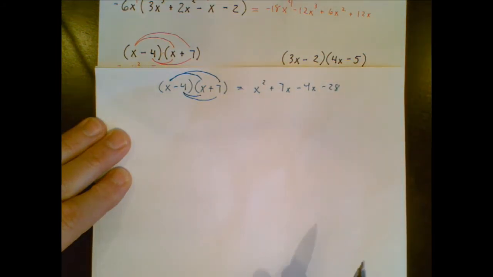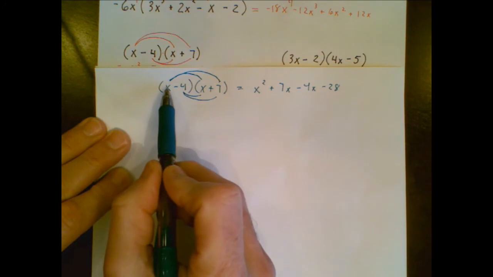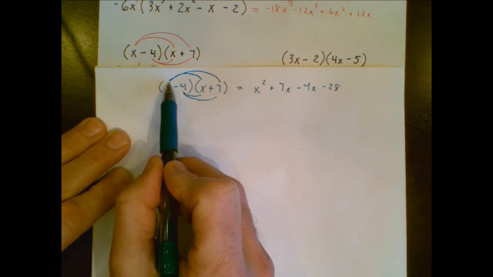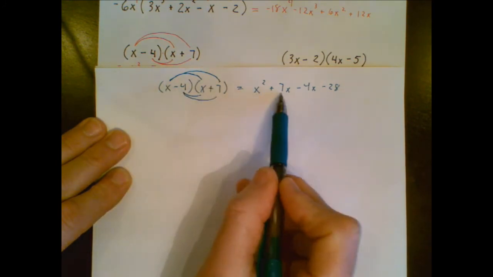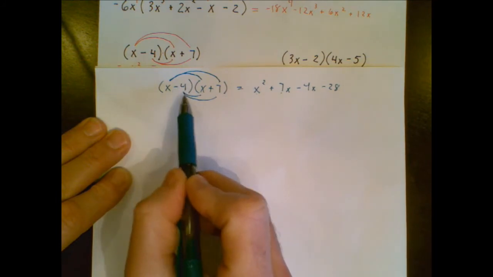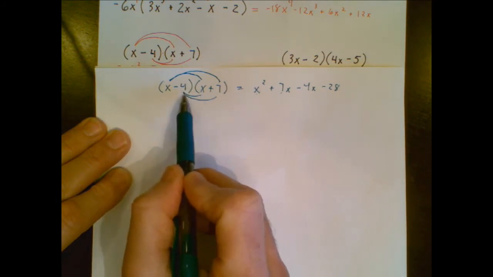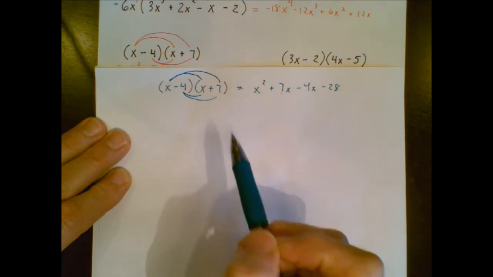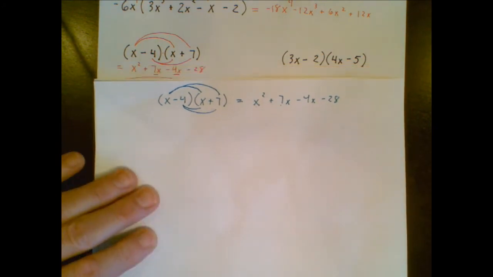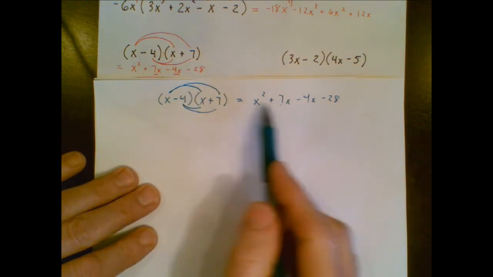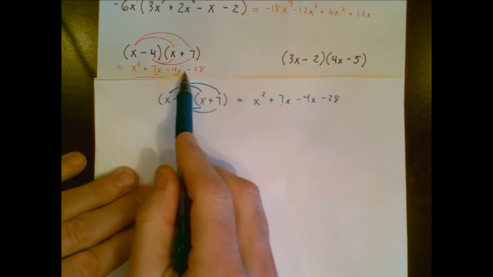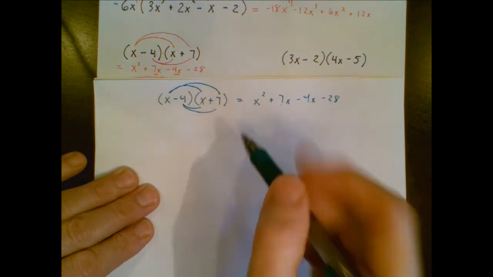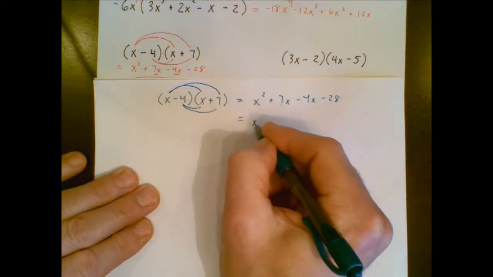So the reason I think of that as double distribution is I just simply take this term and I distribute it, giving me two terms. Then I take the other term and I distribute it, and I've got that. So double distribution or FOIL, whatever method you prefer, they're going to give you the same thing. So take a look at this, they're identical, and then I would put together like terms,